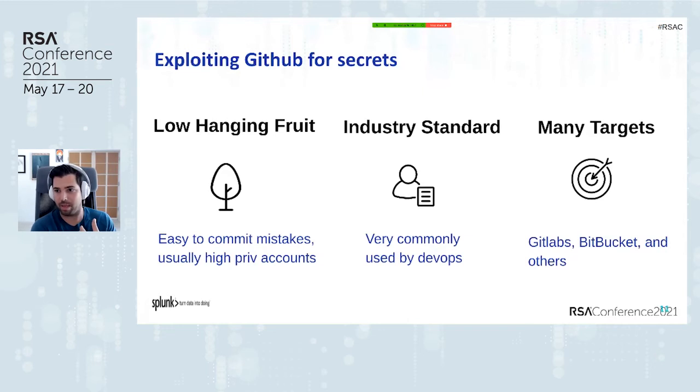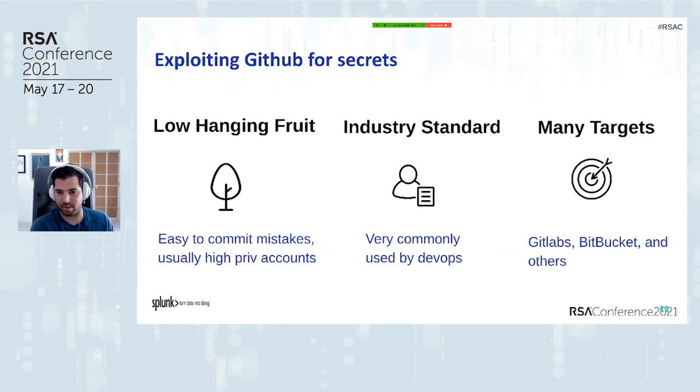It's easy to commit mistakes. I've made mistakes before in development where I've committed something sensitive on a repo and I didn't realize it and caught it afterwards. And I've seen colleagues make this mistake. So it's a low-hanging fruit for actors to get a leaked credential and reuse it to attack an environment. Also, specifically GitHub is an industry standard tool used by DevOps to commit code. So it's a common tool chain and a common place to find leaked credentials, right?